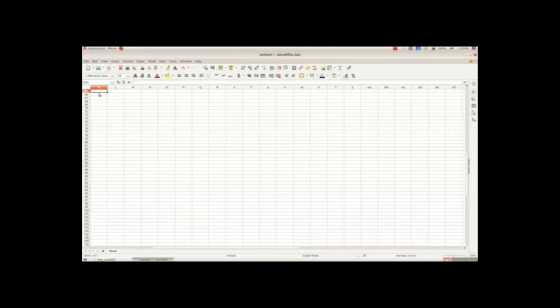And this is how you will get the cell address. And whenever you write the cell address, always remember that you have to write the name of the column first, and then only you have to mention the row number. First you have to mention the column name and then the row number.